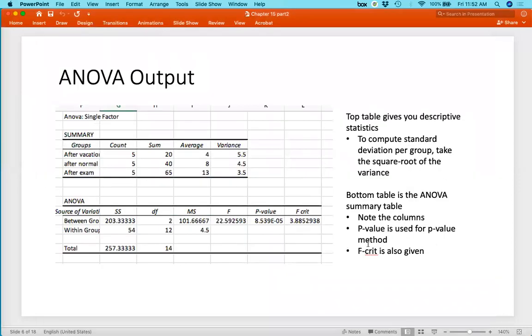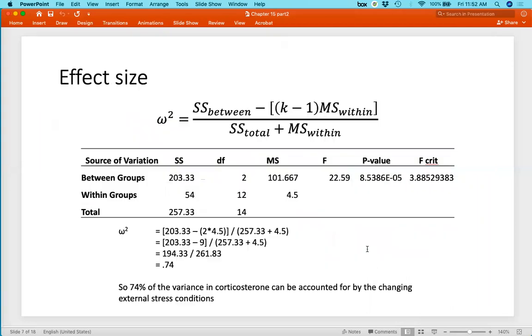So this gives you an overview. Slide number 6 in the part 2 lecture. It just gives you an overview of the values. So let's then do the last part, which is effect size. This was the calculations I gave you on the last slide, but let's take a look at it in